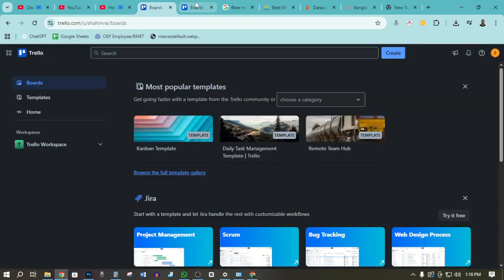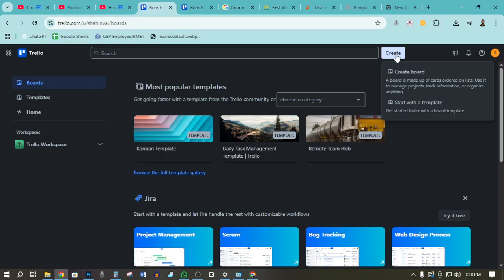In today's video I'm gonna show you how to create a board in Trello. Here you can see it's a new account, so now I want to make a board in this account. First of all, go to create option. Here you can see create option, then you can see start with the template, and you can also create board